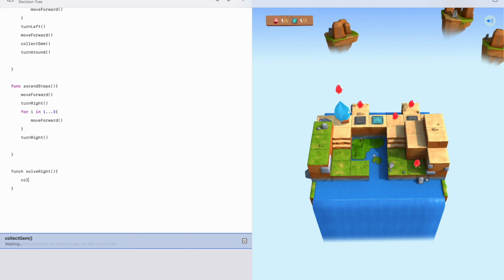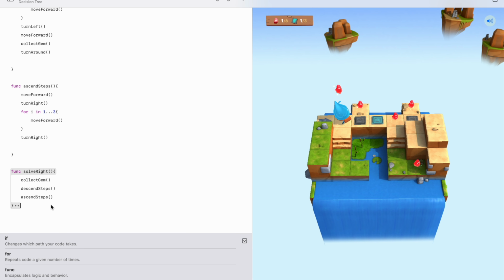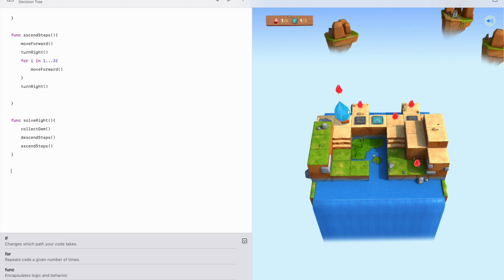So we're going to have collect gem, descend steps, and ascend steps. So effectively, we're going to collect this gem, descend the steps, and go back up the steps. And that's going to solve the entire right. So func solve right will solve that entire right side for us, which means